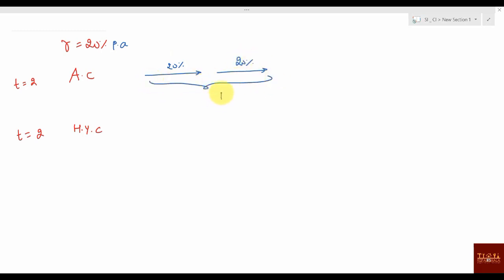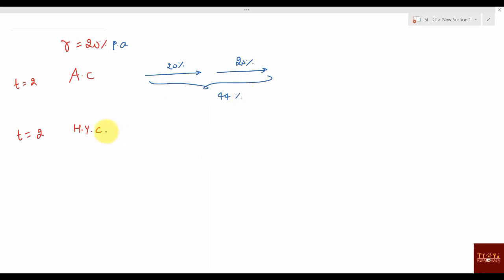So again, one more example I'll give you. Suppose this time your rate of interest is 20%. We are having 2 cases. First case is t equal to 2 years, annual compounding, and this is half yearly compounding. In this case, t equal to 2 years and 20% per annum means for 1 year, 20%. Next 1 year, 20%. So overall, how much will be the compound interest? You can say 44%.